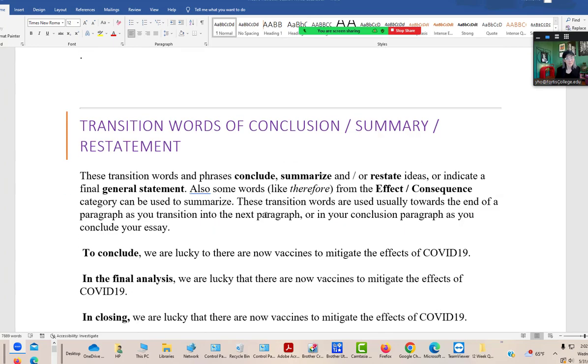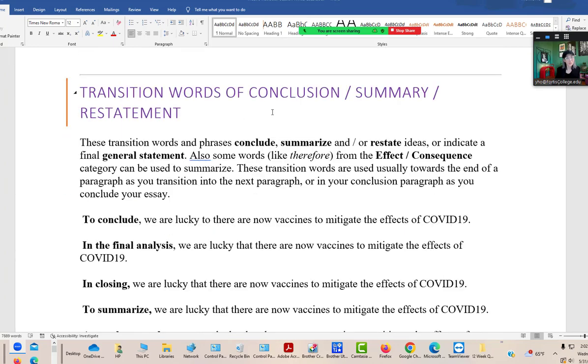And then for transition words of conclusion, this is when these transition words conclude, summarize, and restate ideas or indicate a final general statement. Also, some words like therefore from the effect consequence category can be used to summarize. These transition words are usually used towards the end of a paragraph as you transition into the next paragraph, or at the beginning of your conclusion paragraph